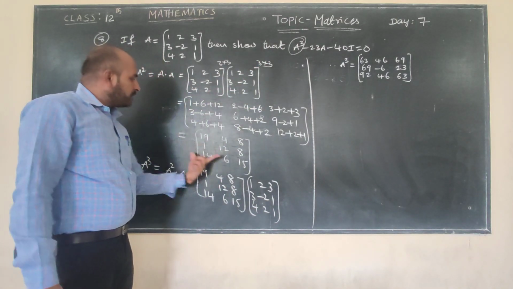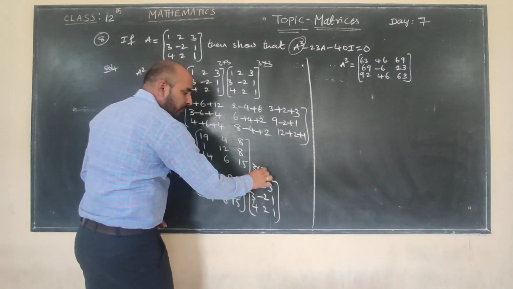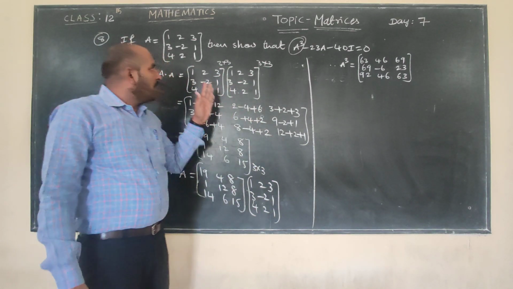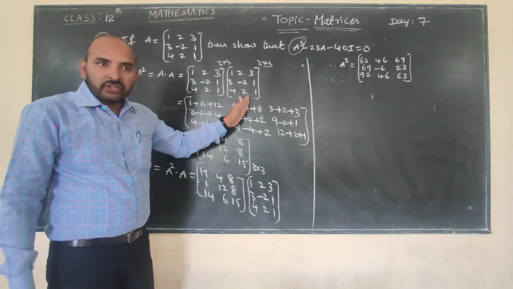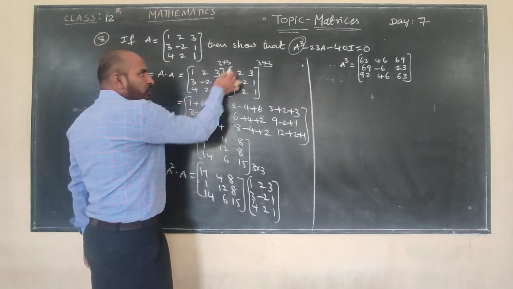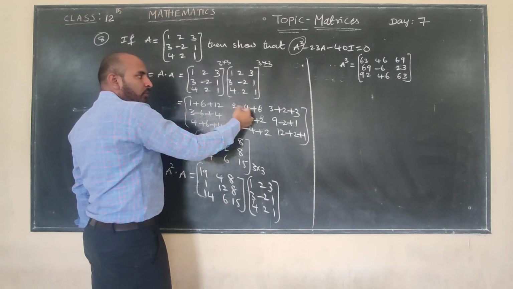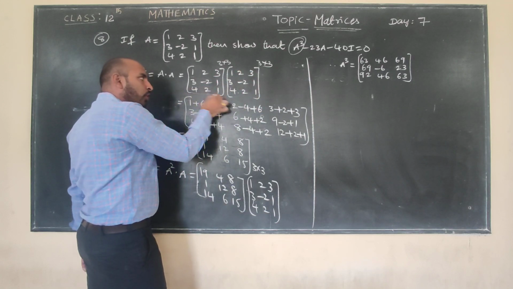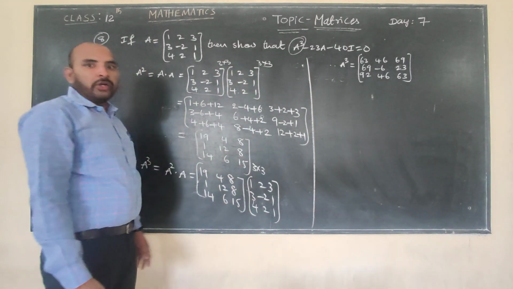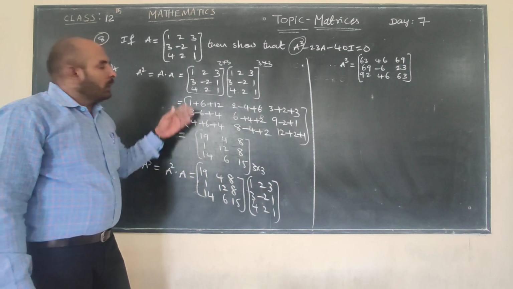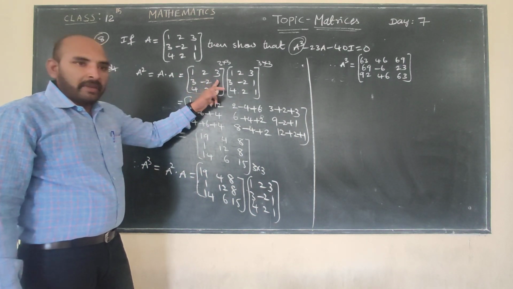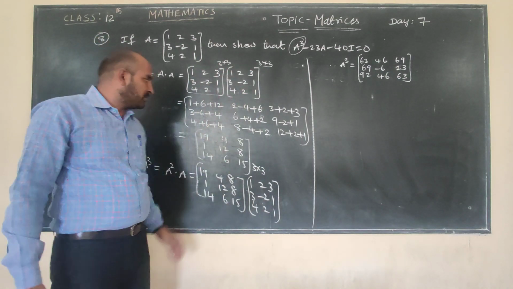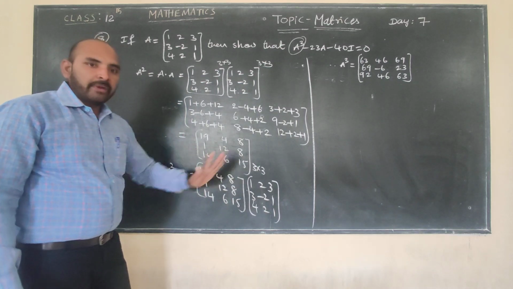Given matrix capital A and again same matrix itself, and product of two matrices, because it is also 3 by 3 matrix. Definitely A square becomes 3 by 3 matrix. Where product is possible, if it is square matrices, product is applicable. Then multiplication: first row with first column, second column, third column, and simplify. Even second row, and third row with first column, second column, third column. According to the product of matrix definition, sum of the product of the ith row elements in the first matrix to the corresponding elements of jth column elements in the second matrix. You will get A square is equal to 3 by 3 matrix.